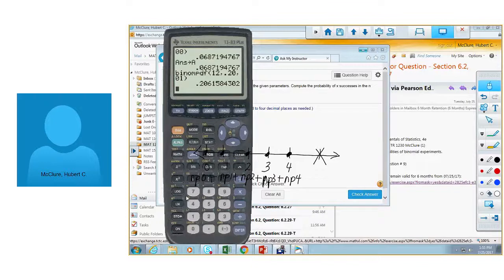Store alpha B. Second entry, 2. Store alpha C. Second entry, 3, enter, store, alpha D. I'm trying to find D, there it is. Second entry, 4,